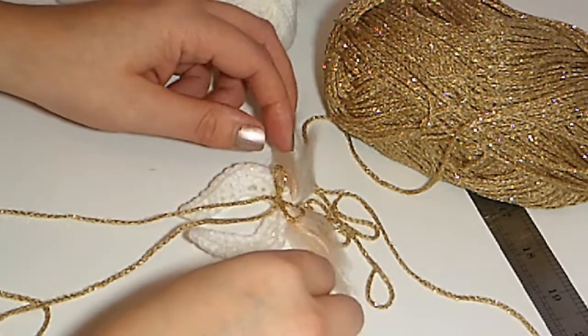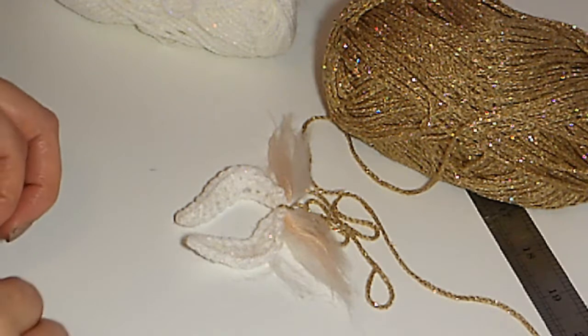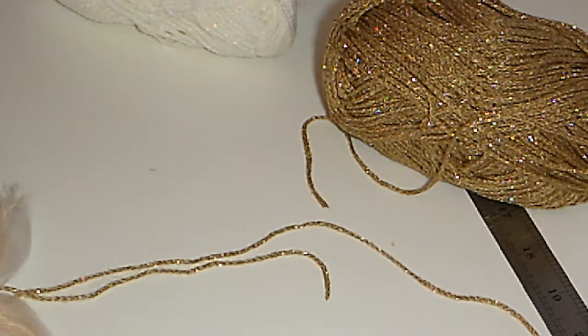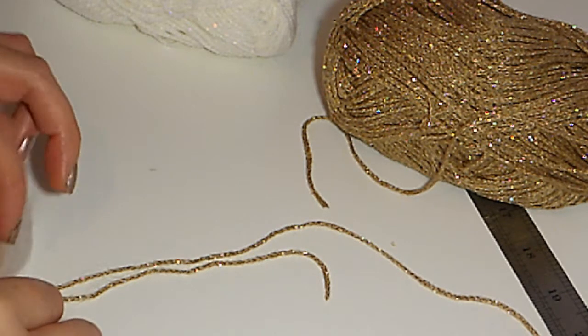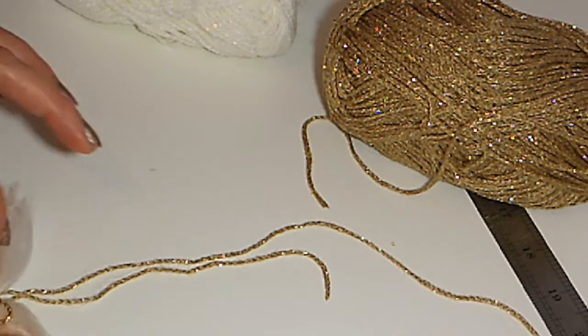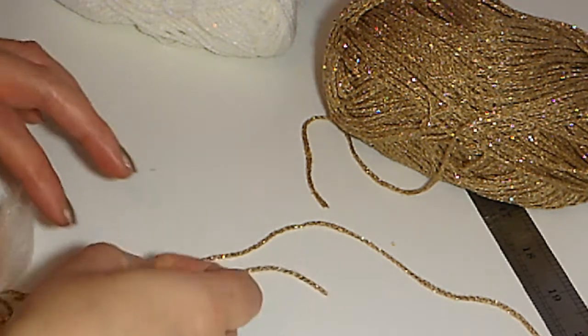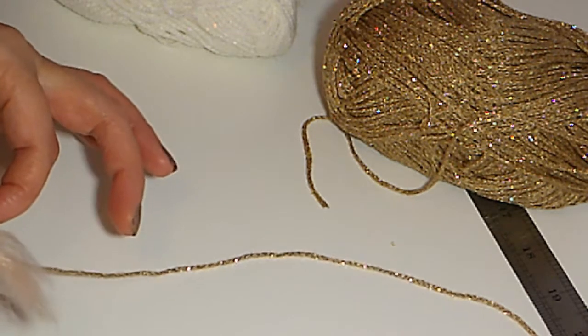I think that's about the right size that I want that to be at. And now I want to fasten this on to here. So all I'm going to do is place the bow where I want it. I want it sort of sitting in between the wings. Just going to take one piece of that yarn, wrap that round,